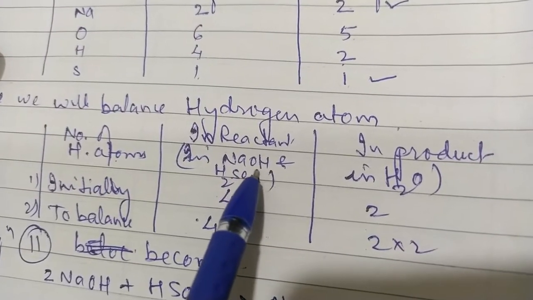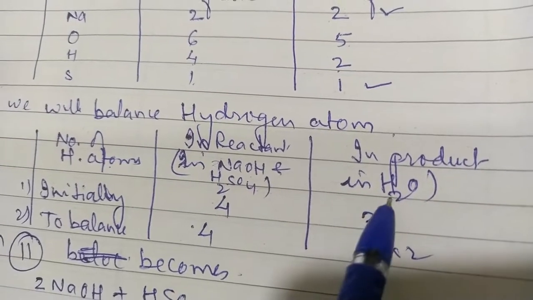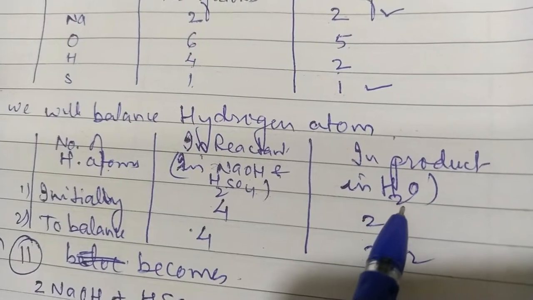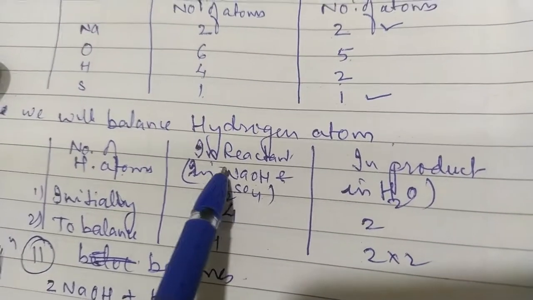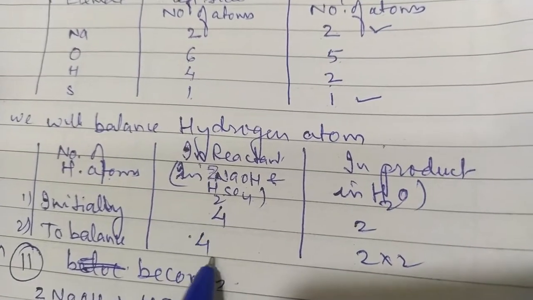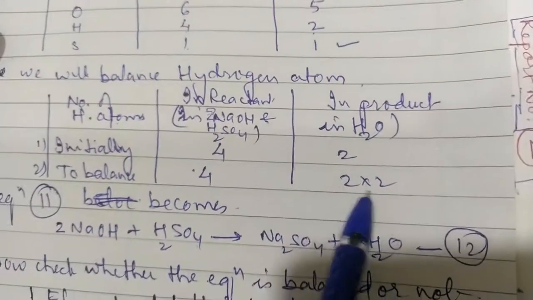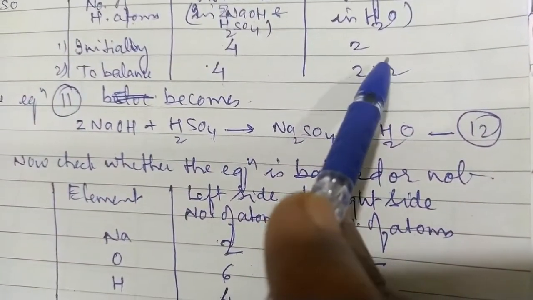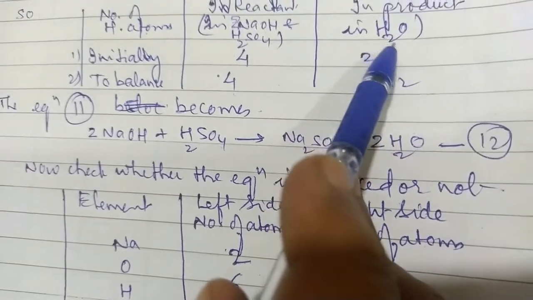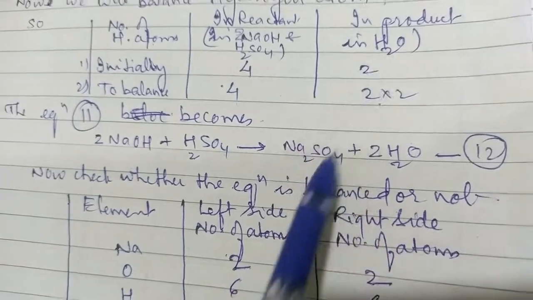Okay. So what we will do initially, in this, how many hydrogen atoms are there? Here see here. Yes, I have written 2 and 2, 4. Okay. But in H2O it is only 2. So I will write 4 as it is. Okay. So I have written here 2. To make 4, what I have to do? I have to multiply it by 2. So that will be 4 and 4. Okay. So now what we will do? I will write again 2 in front of H2O.